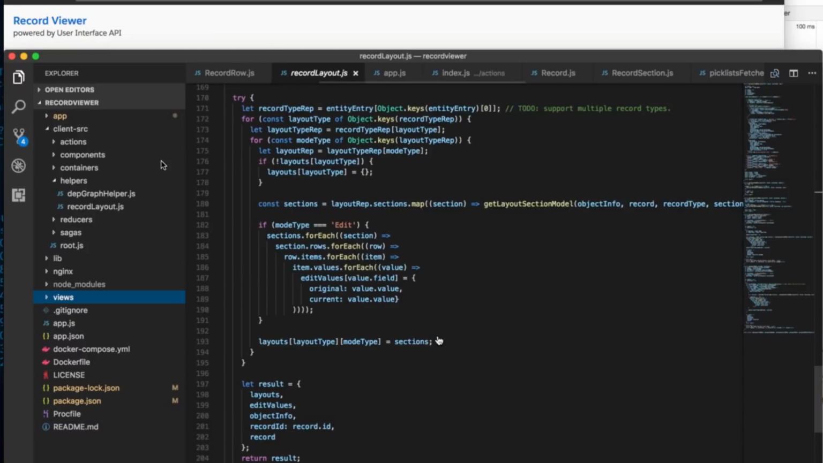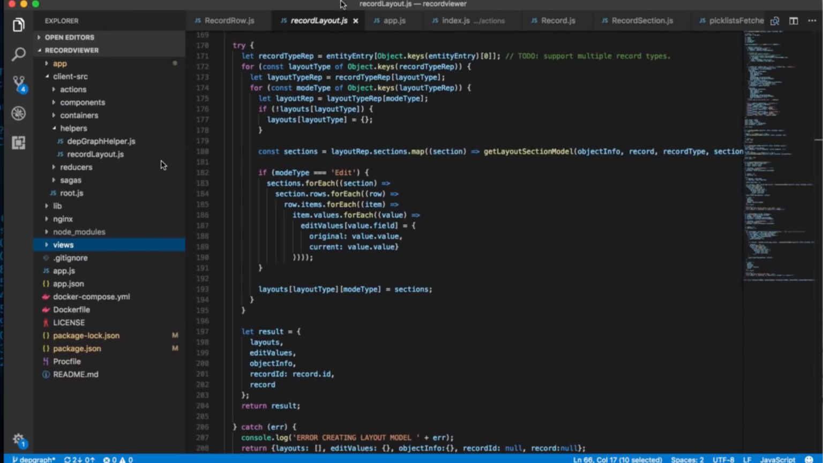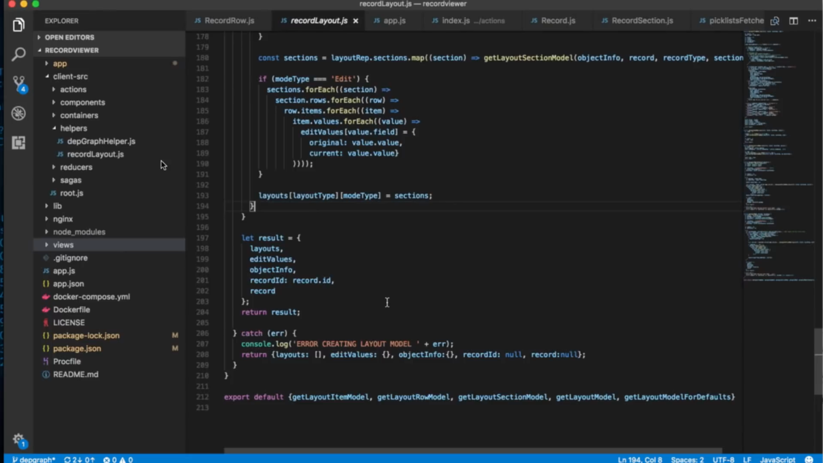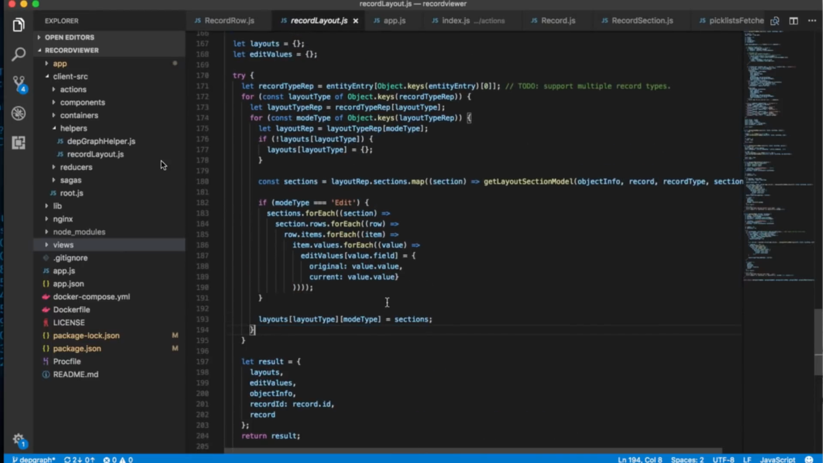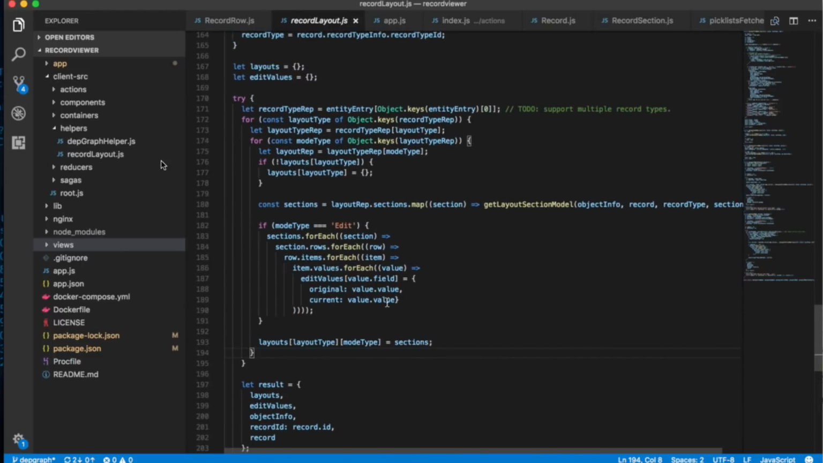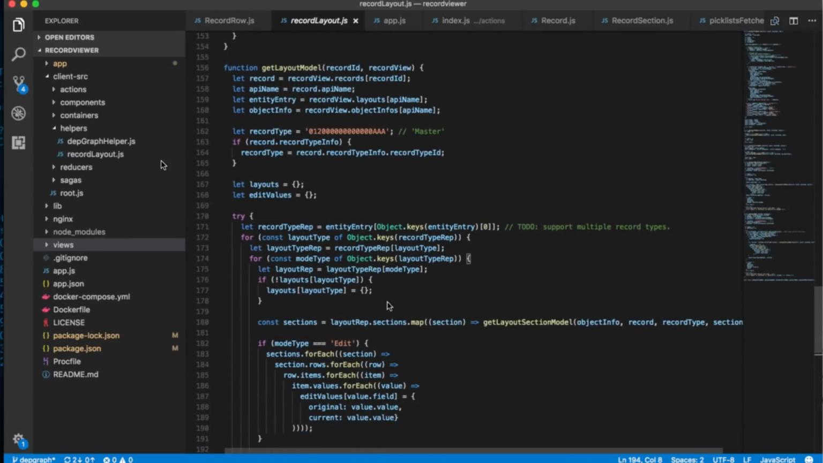So this source code, again, is all in GitHub. And this particular app was built using React along with Redux and Sagas. It runs on Node.js. But I just want to show you first just the heart of the code where we consume the JSON and turn it into the React component tree. So in this method here, this record view object is the JSON payload that came back. We're just pulling apart the record that we want, the layouts and the object info,